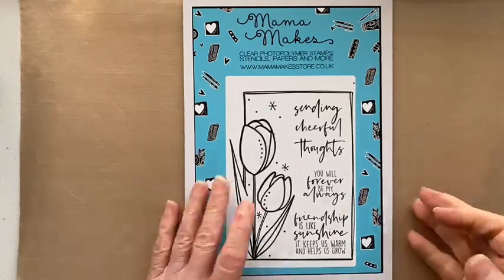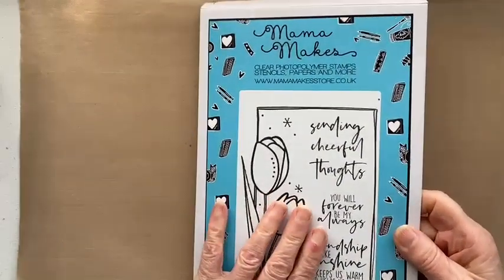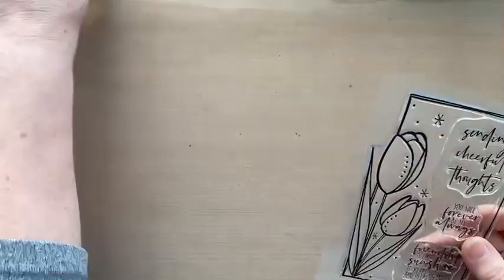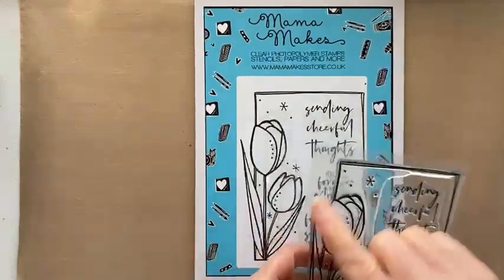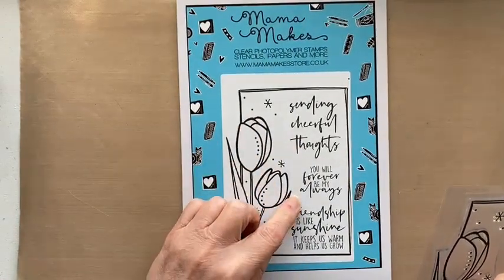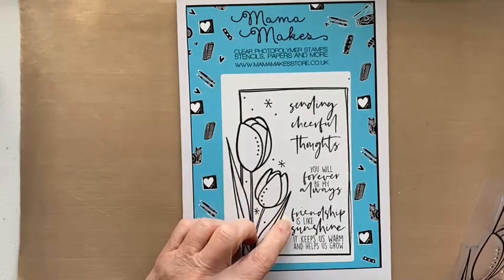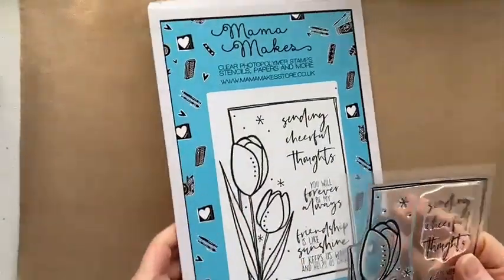Right, so let's crack on. All of the Mama Makes stamps and stencils come in a cardboard box, so nice and environmentally friendly. And this one, as you can see from the front cover, has a frame with the tulips in it, and there's little stars and dots around it, and there are 3 sentiments: sending cheerful thoughts, you will forever be my always, friendship is like sunshine, it keeps us warm and helps us grow. The 3 sentiments are separate, so you can put them wherever you want or use them